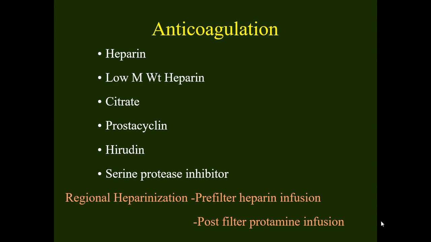You can also use low molecular weight heparin, and you can use citrate in the form of regional citrate anticoagulation. When you are accessing the blood from the access port of the dialysis, citrate gets mixed there and you have a regional anticoagulation. When this blood which has citrate is going back to the patient, you give calcium at the other end of the dialysis catheter, it chelates your citrate, and so you have anticoagulation only in your circuit, while the systemic circulation does not receive any anticoagulation.